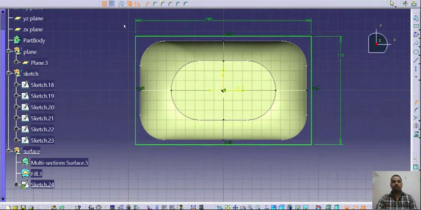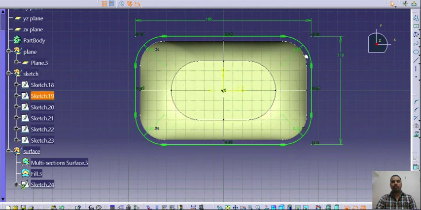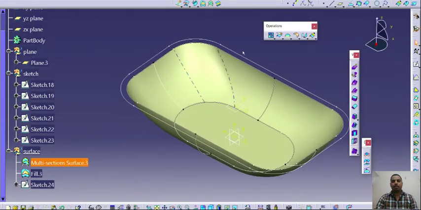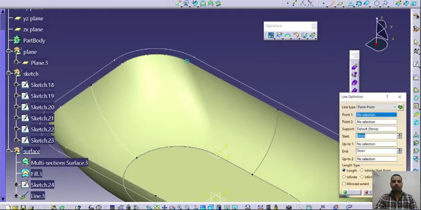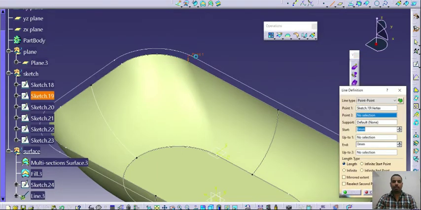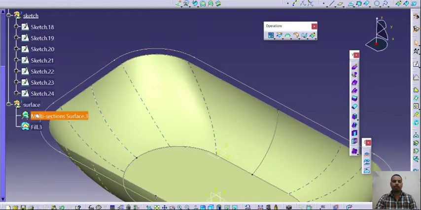Okay, then I will create a corner, and the corner radius will be 30, because in the earlier case I have used a corner radius of 25 mm plus 5, it will be 30. Okay, then I will connect these two sections. For that I will create a line between these two. Before that, I forgot to add this sketch into the sketches tab.